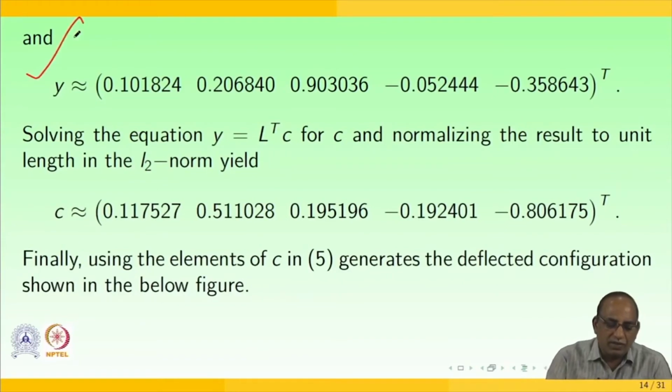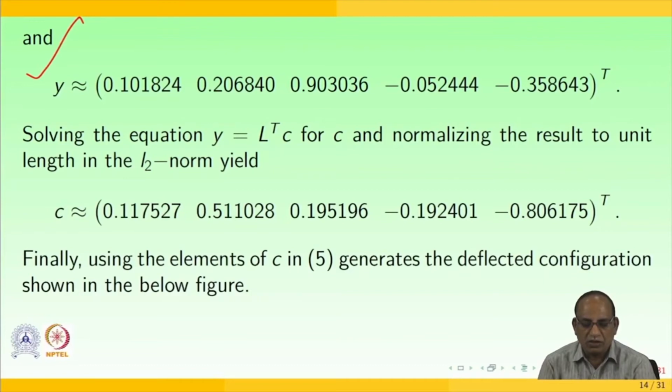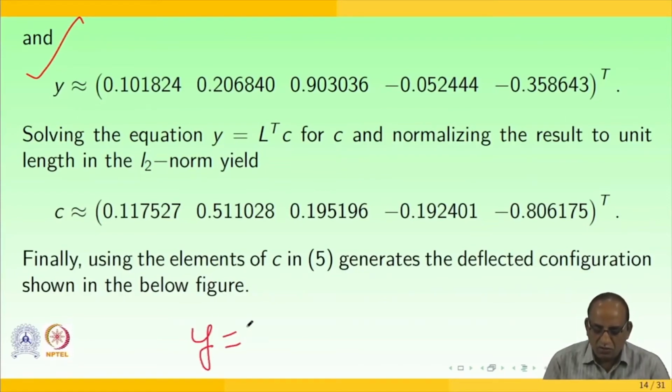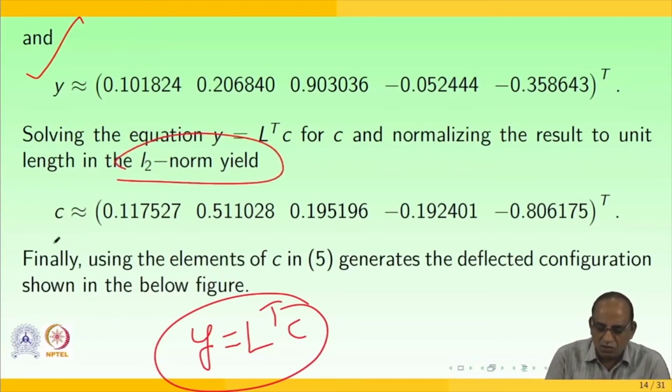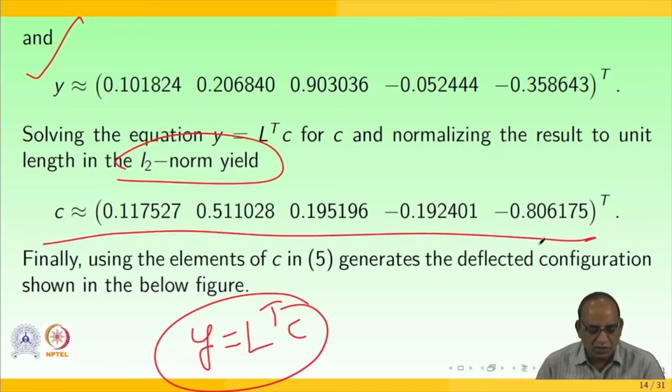And further, you can write this matrix Y is equal to 0.101824, 0.206840, and 0.903036, minus 0.052444, minus 0.358643, all transpose. Solving the equation Y is equal to L transpose C, and normalizing the result to unit length in the L2 norm, you do get a matrix of this form, that is C is equal to